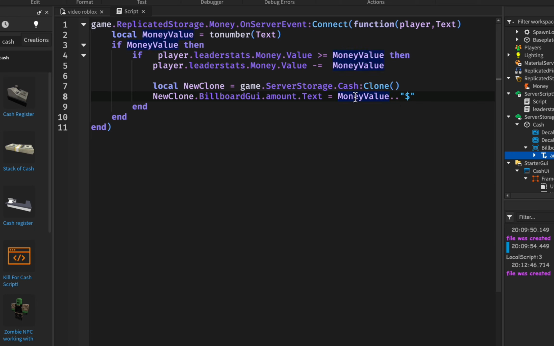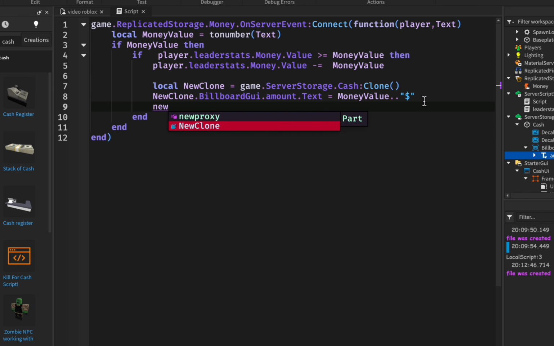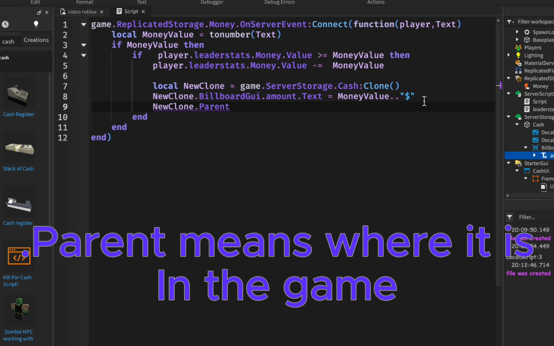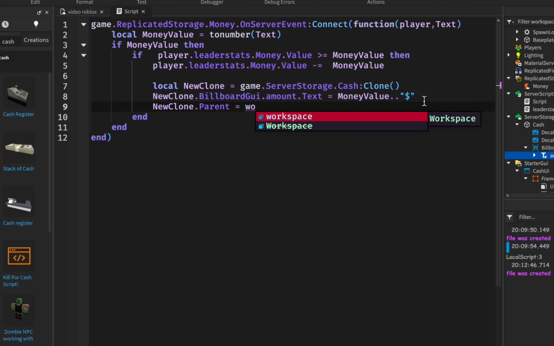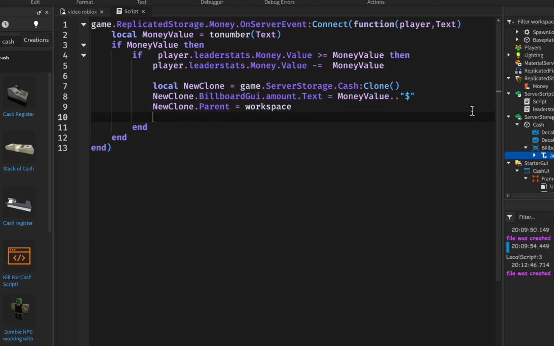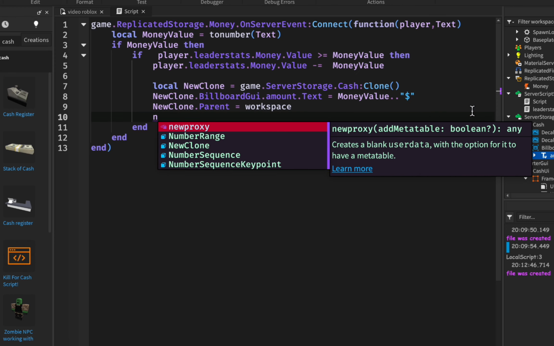So for example, our number and the money sign are going to be joined together. Now that our money sign is joined together, we're actually going to put it inside our workspace. So new clone.Parent, which means where it is in the game, is going to be equal to our workspace, but we're going to set its position to our humanoid root part. So new clone